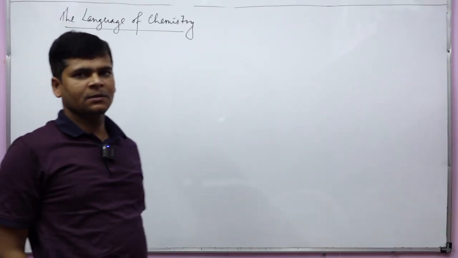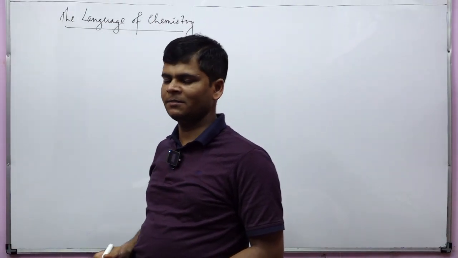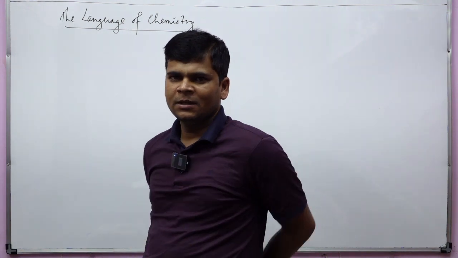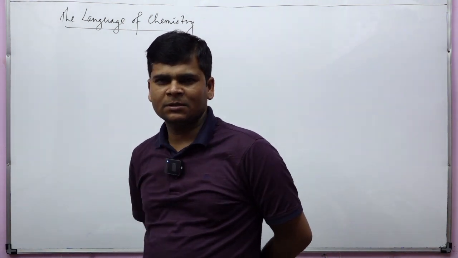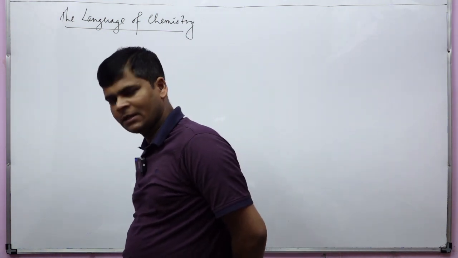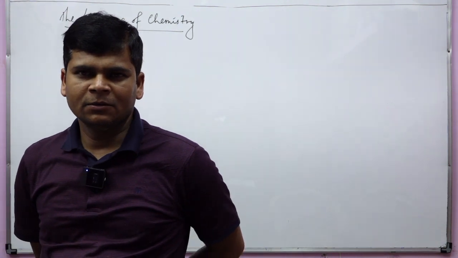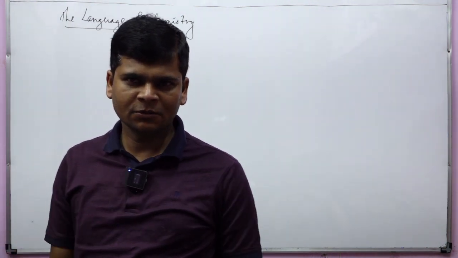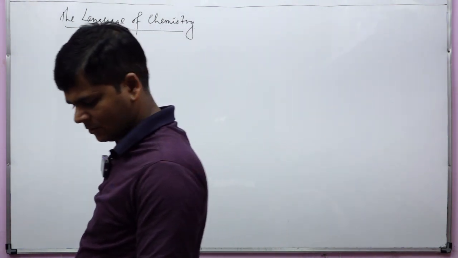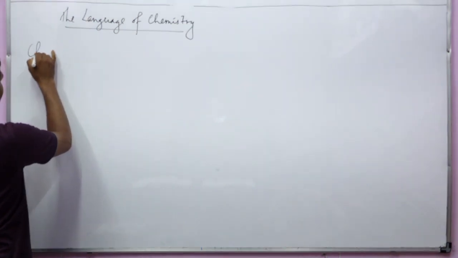In this chapter, whenever you start discussing the language of chemistry, it means chemistry has got names of chemicals and their reactions. So how the names of chemicals are given, how the symbols were used. So some basic things are there in this chapter. So first let me introduce to you